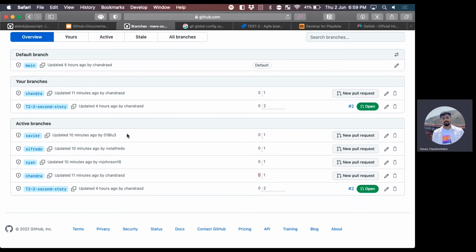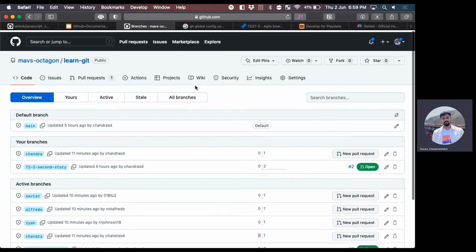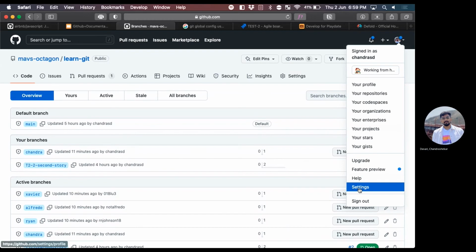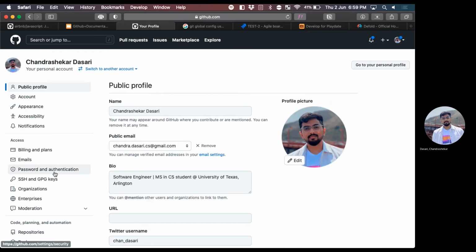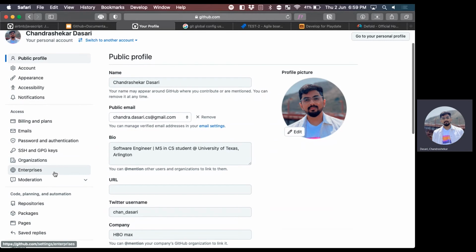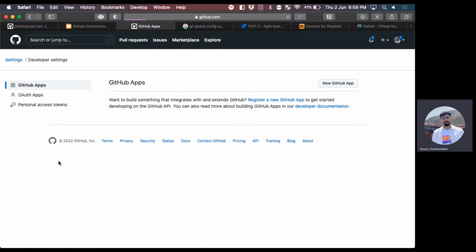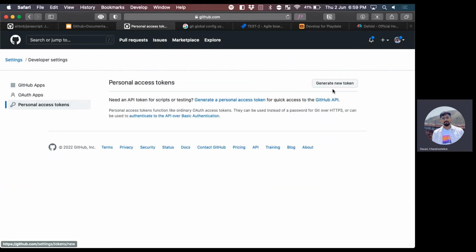So I guess we can show on screen how to do it. So this is what y'all are going to want to do. You can view all. So y'all will have to go here to your settings, and then you want to go to the very bottom, developer settings and personal access tokens, and then you want to generate. Is everyone following? Is this making sense so far?